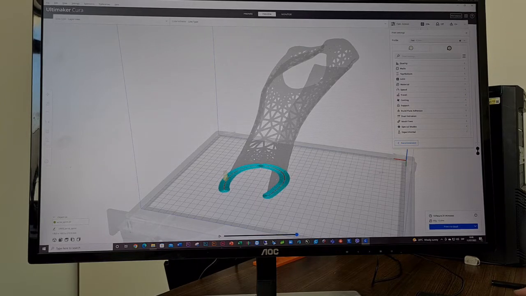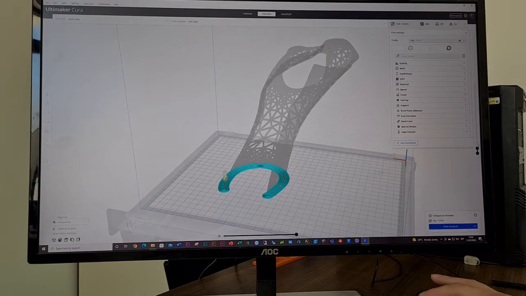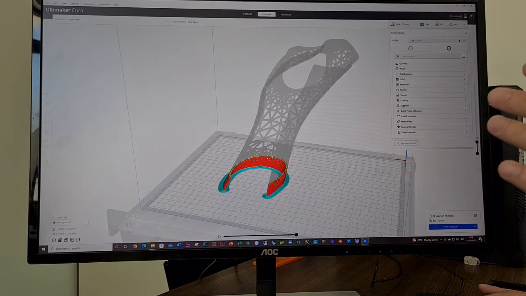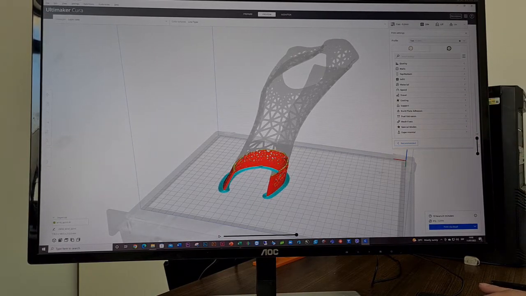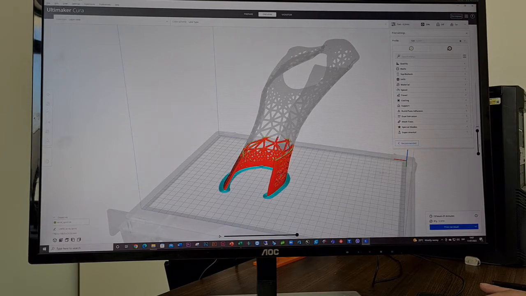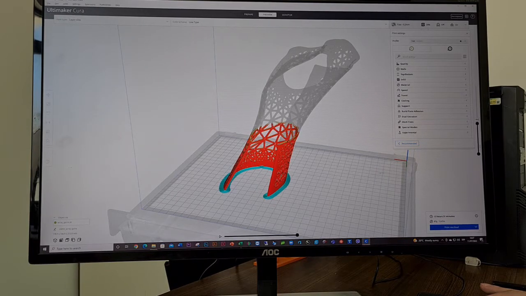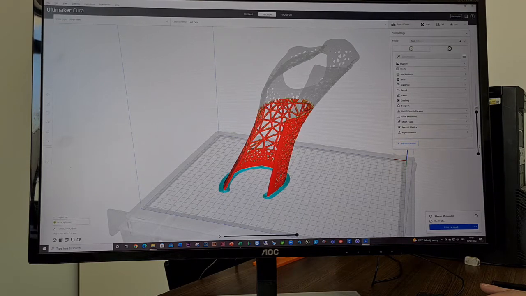Now you can see the first layer of printer, and you can see second, third, and you can see time lapse of production of our product. So you can see it adds layer by layer, and that's why this technology is called